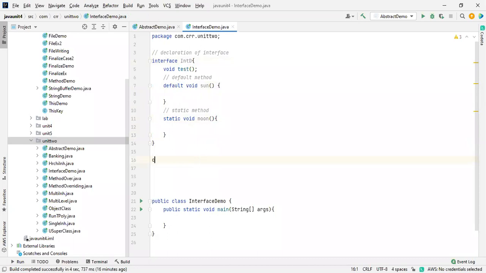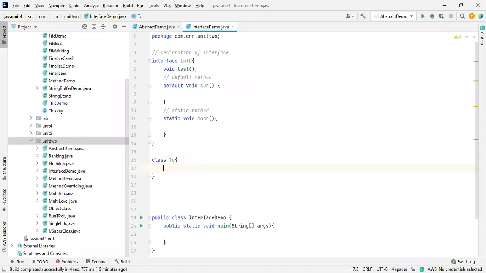So suppose I want to take a class. The names are very crucial for me. TC, yeah, TC is okay. I want to use this interface for a class. What we discussed, for class to class we used extends. But if we are going for an interface, we need to take the implements keyword. And now the name of this.